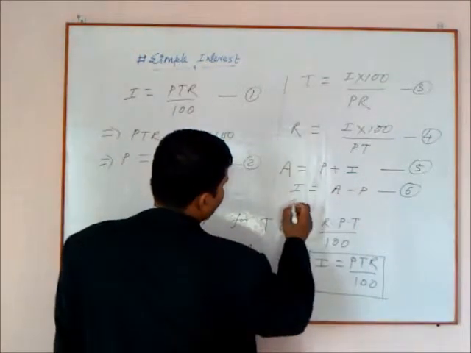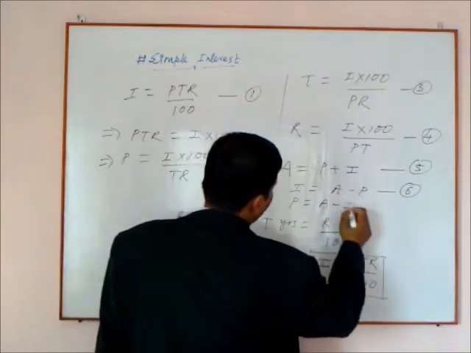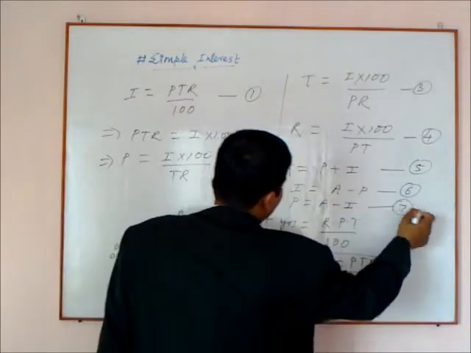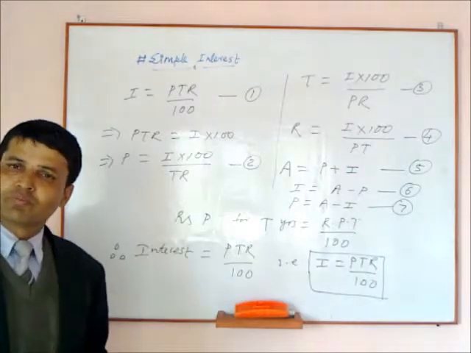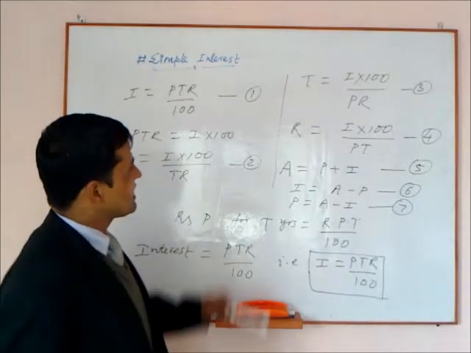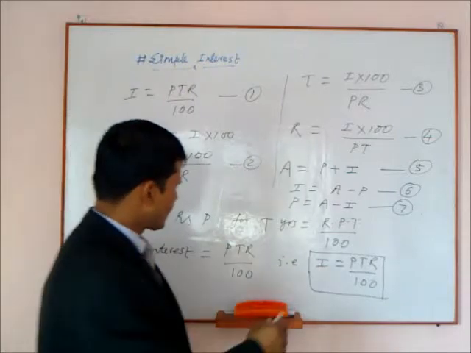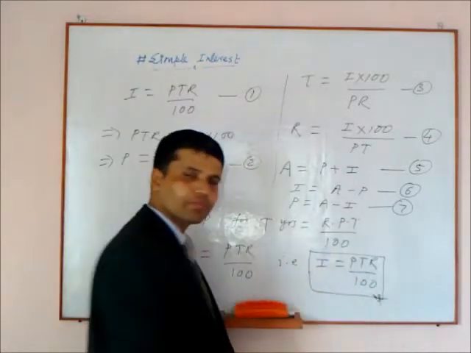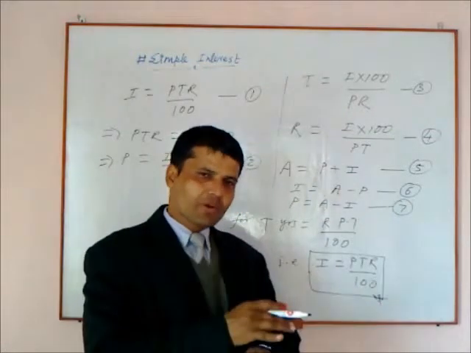Then next one, P equals amount minus interest, formula number 7. So these formulae we need to remember. I don't suggest remembering each and every formula blindly. The main thing here is this formula to remember. And if we know this formula, we can cross multiply and we can